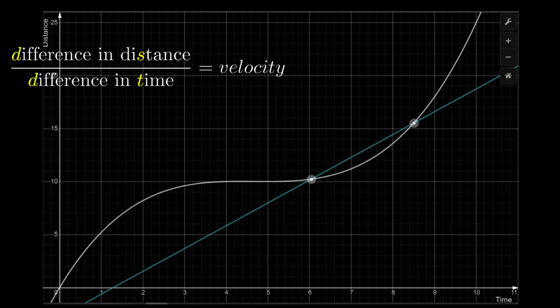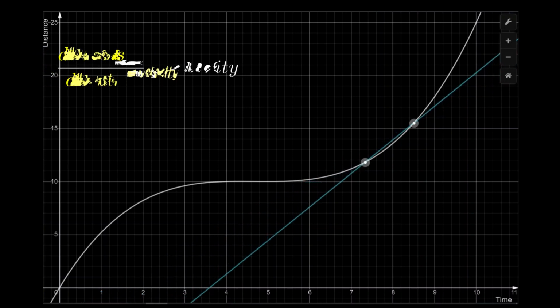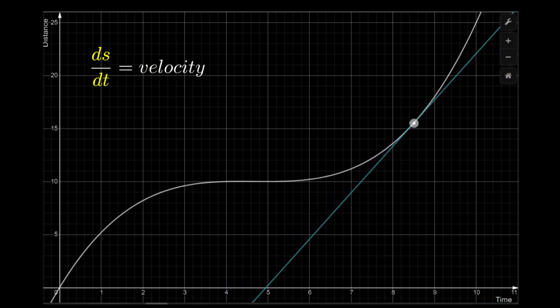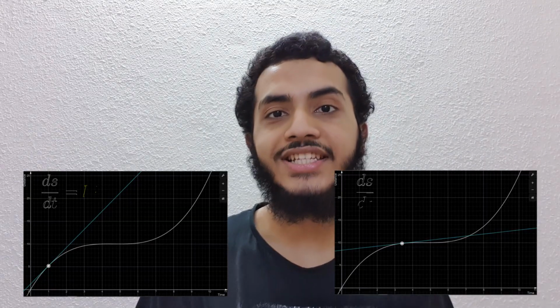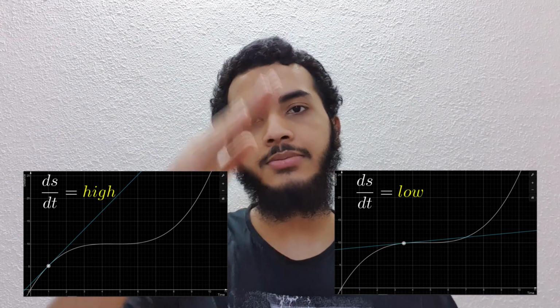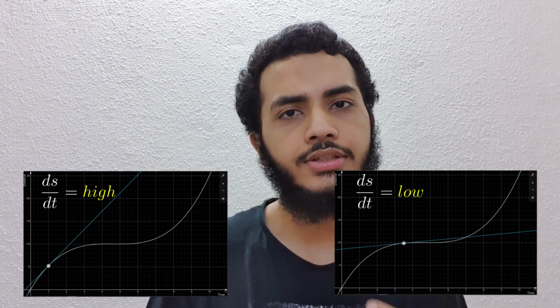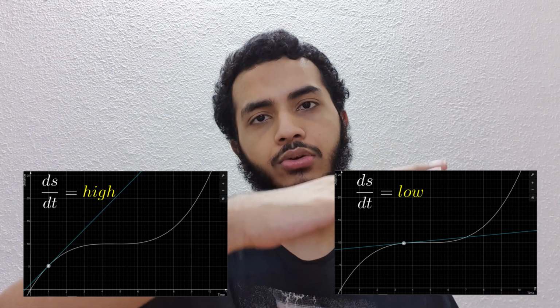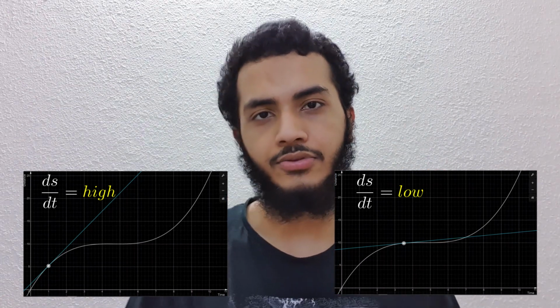Now the actual derivative is what this ratio approaches as we bring the 2 points closer and closer and closer. What all this means is that the derivative gives us the rate of change, and the steepness of this line shows us how sensitive a point is to change. That is, if the steepness is high, then the point is more sensitive to change as compared to when the steepness is low, where the point is less sensitive to change.